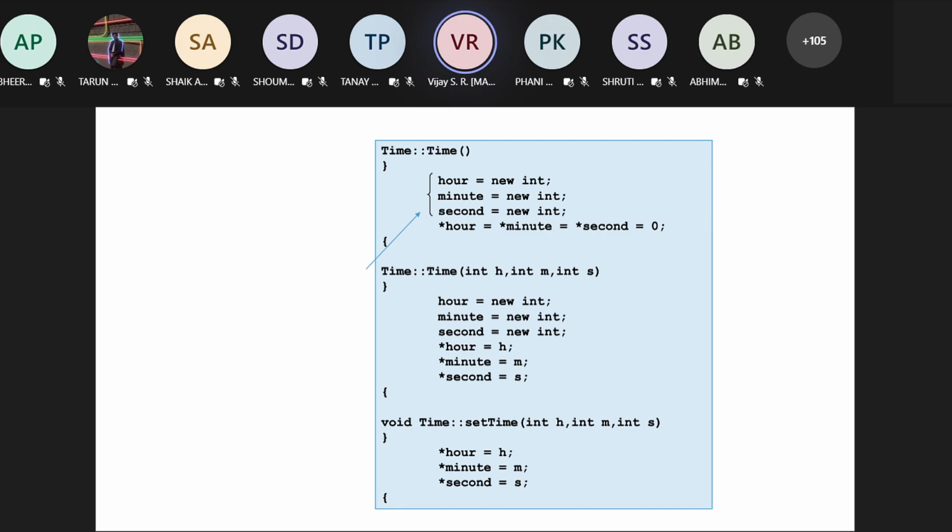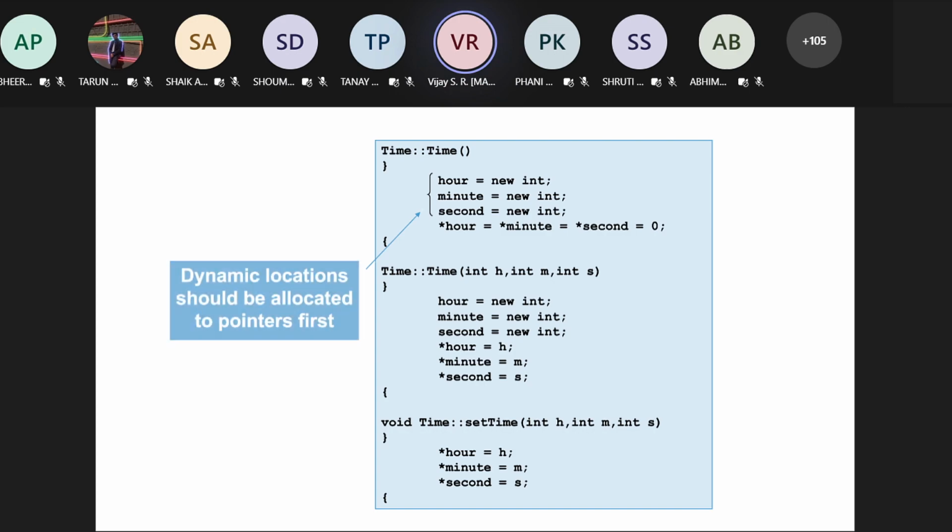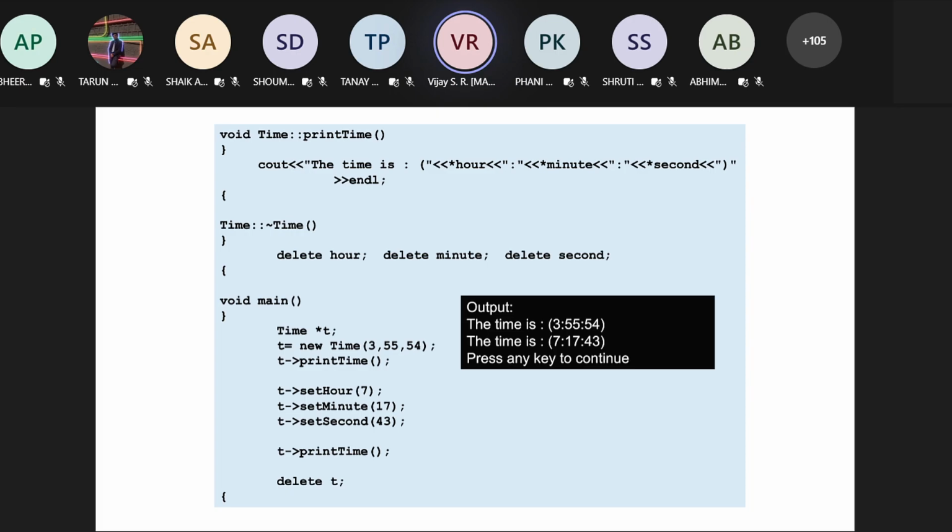Then when I say set time, this is how you can set the time, because it's already allocated, so you're simply changing the time. Observe the code. Dynamic locations should be allocated to pointers first. So you can observe the constructors and destructors also here. Look at the code and try to understand.